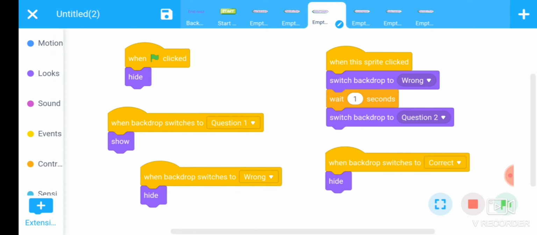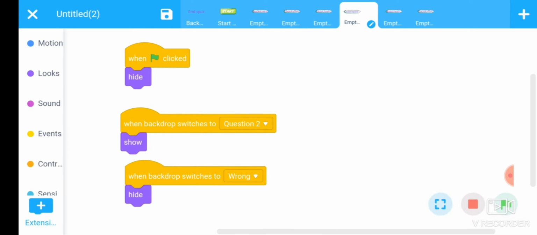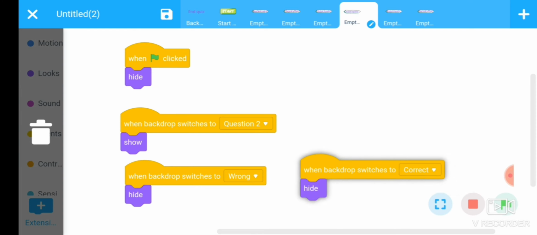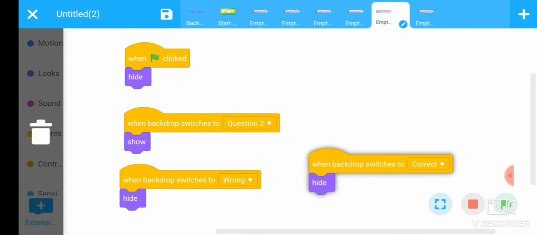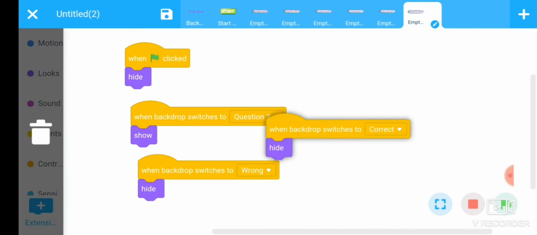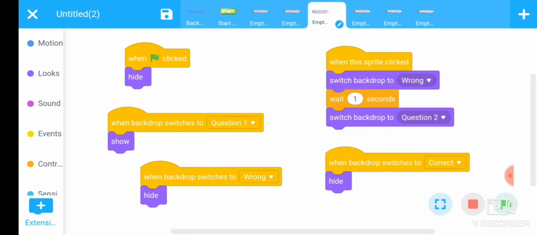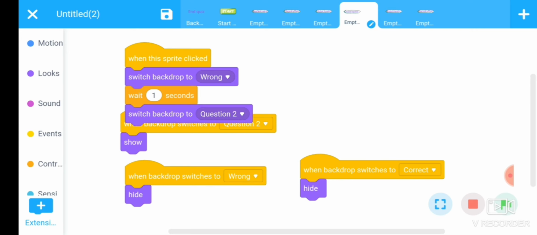Similarly for correct, paste here, paste, paste. Fine.